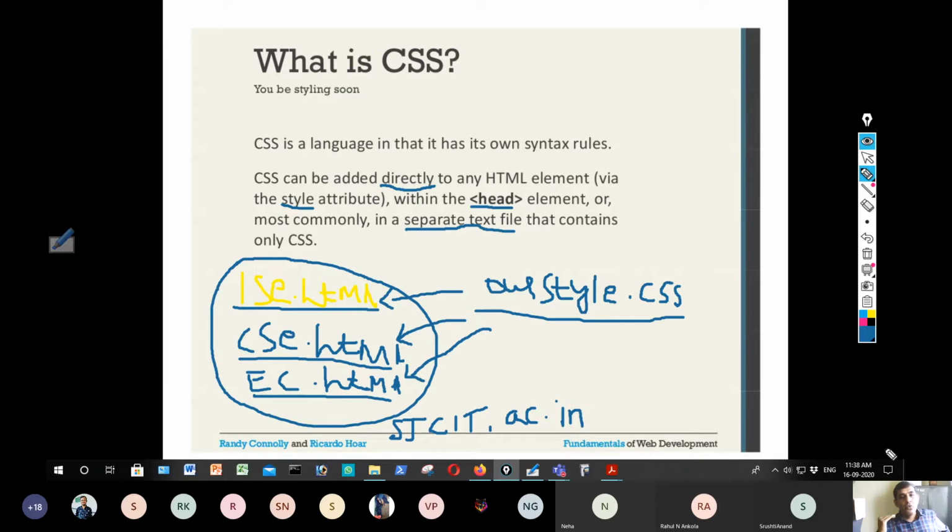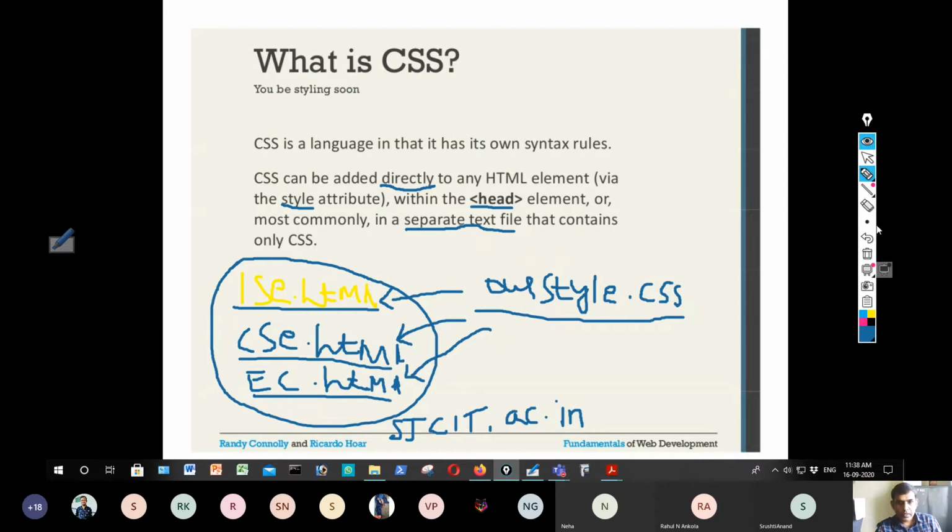Whereas if you create a separate style sheet with the extension .css, you can include this style among various HTML documents. One style sheet can be applied to multiple HTML documents. This is known as the external style sheet, which is a separate text file that contains all CSS rules.